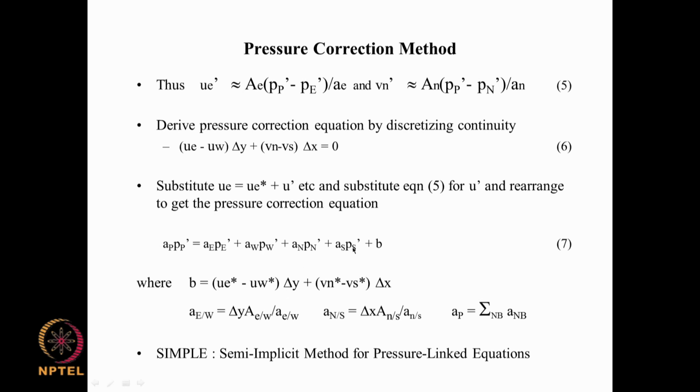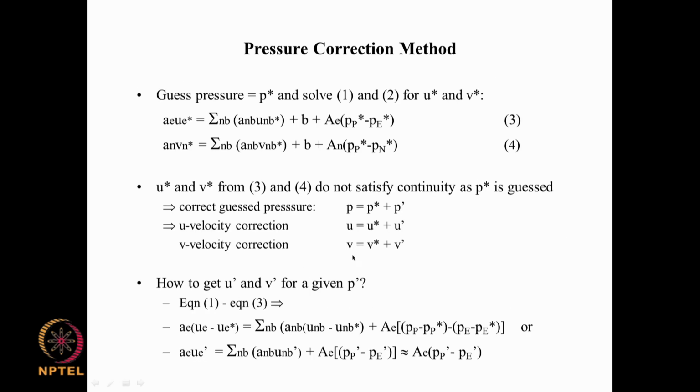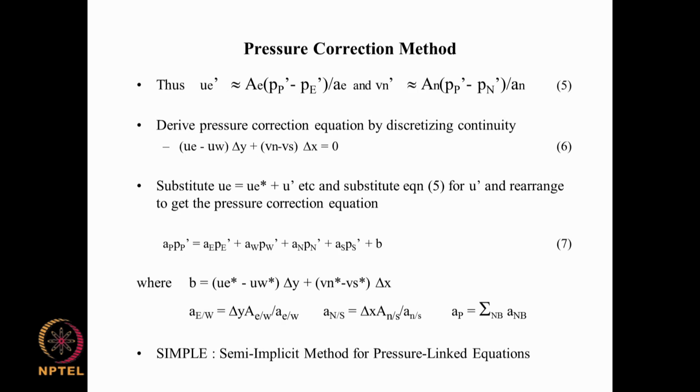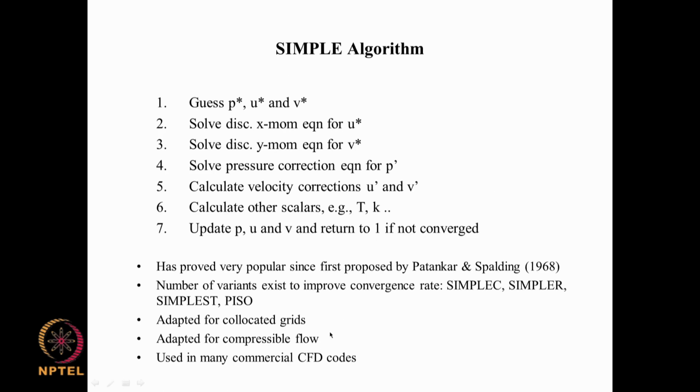and if you come to the pressure correction equation, this is the true pressure correction equation, but in this we are neglecting the contribution from these, and then we are just directly putting this one here. So, this implicitness of the evaluation of the velocity correction is not being considered, therefore, this is only a semi-implicit method. So, this is a semi-implicit method for pressure linked equations. We do not need to worry too much about the nomenclature,